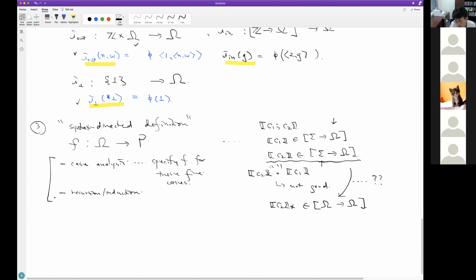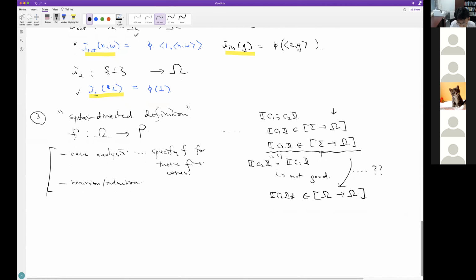I think the best way to understand this is actually looking at this operator. So let's assume that we are given G, which is a mapping from sigma to omega. And then what we want to do is define G star, that goes from omega to